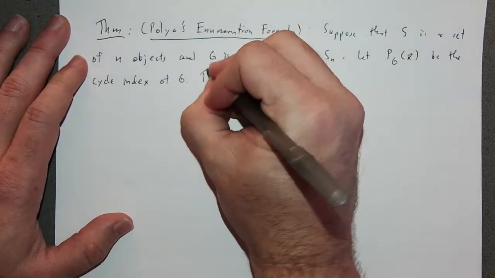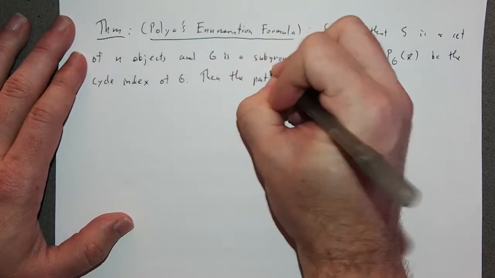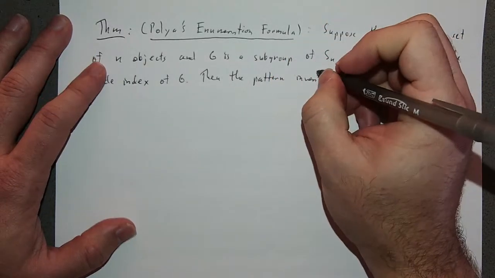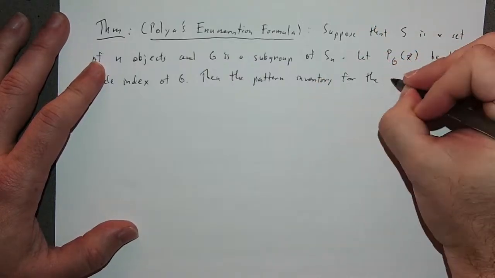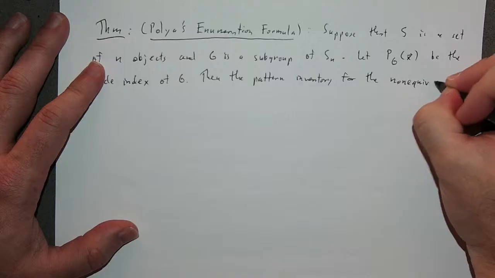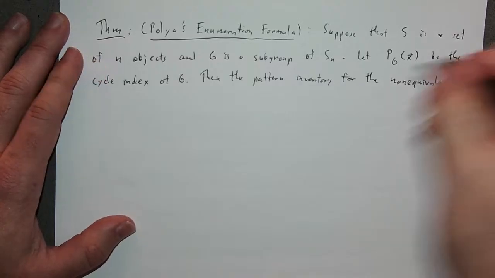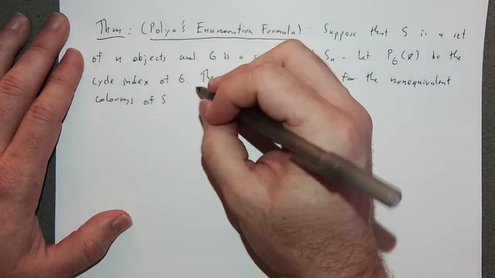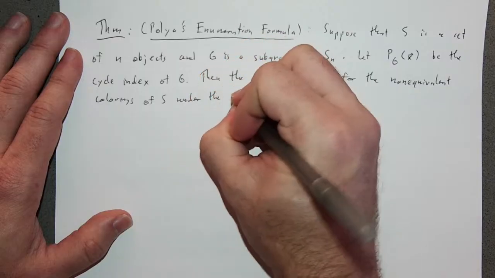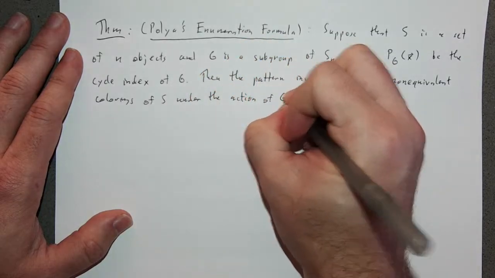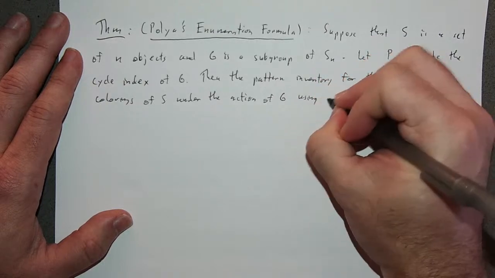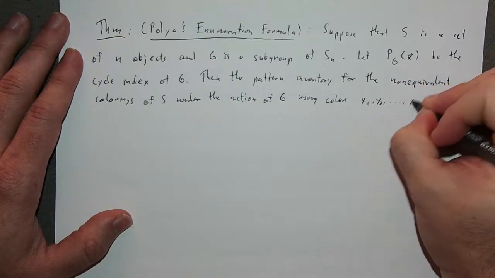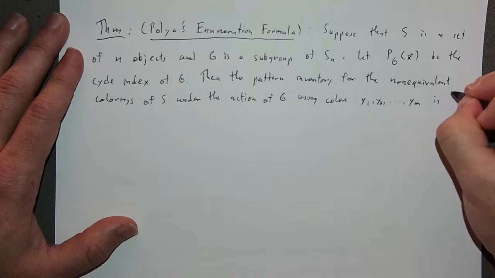Then the pattern inventory for the non-equivalent colorings of S under the action of G using colors y sub 1, y sub 2, y sub m is